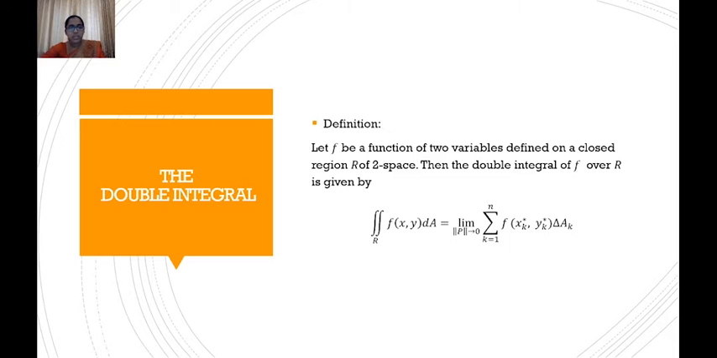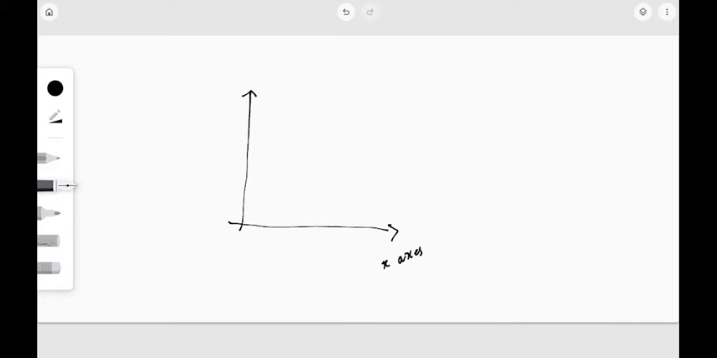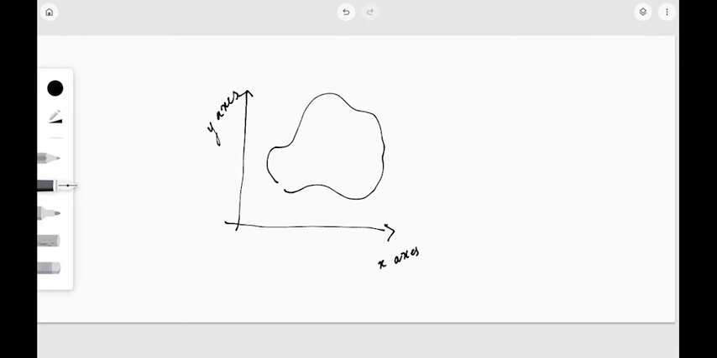I'll just show how the figure would look, like how we can form the grid of a region. First of all, we consider two axes. This is our x-axis, and this is our y-axis. We are given a region, say this is our region R. We are going to partition this region into